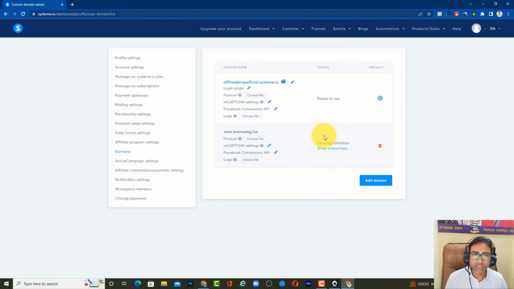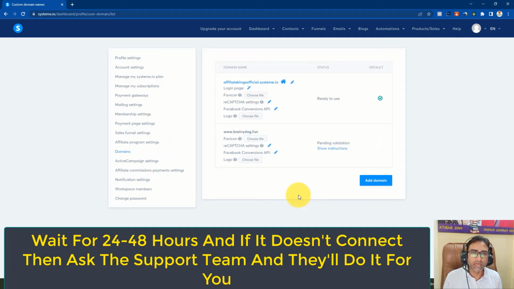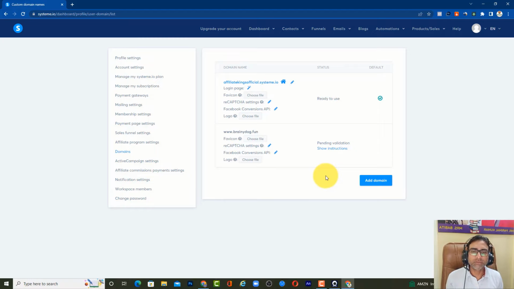Now it is telling us that the validation is pending, so it might take up to a couple of hours to 24 to 48 hours. Okay, so we will wait, and hopefully our domain will get connected, and once it is connected it will show this green check mark with ready to use. Now we have connected our domain to system.io. It is just a matter of validation, and the validation will go through if you follow the process that I have shared with you. Now we will move on to the next part, that is